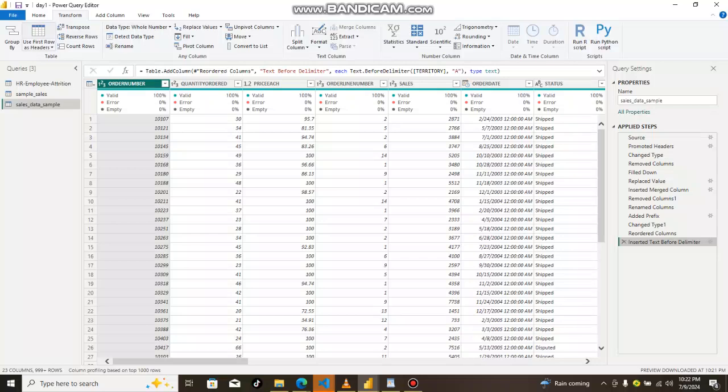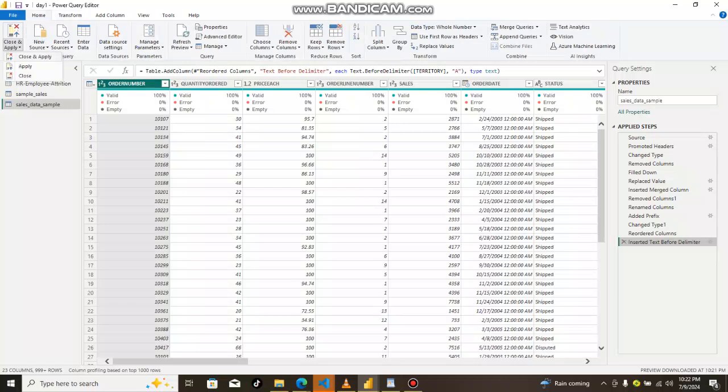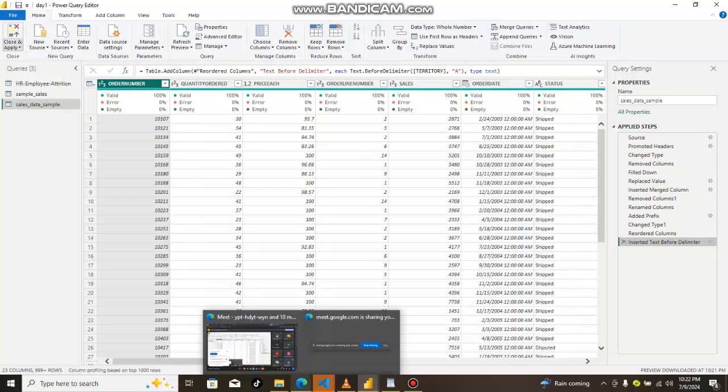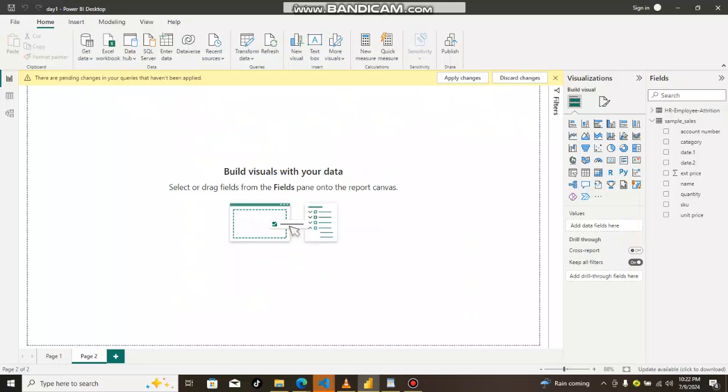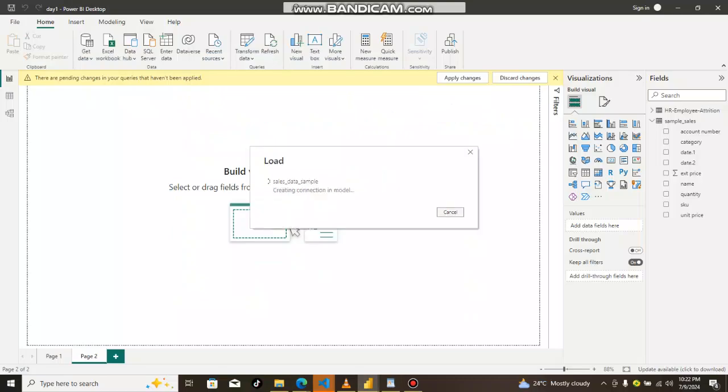So let me just close and apply. So I'll close and apply. So once I close and apply, we can now do one or two analyses. I want to tell you guys about DAX functions. Just introduce you guys to DAX functions, and I